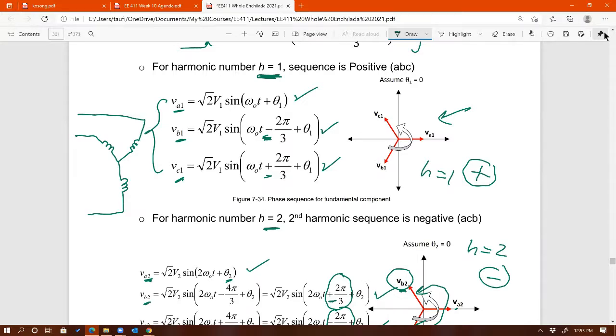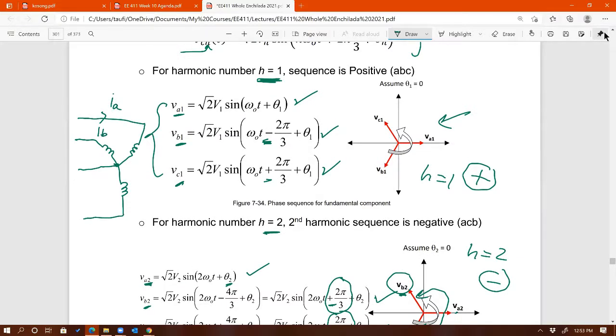The third harmonics, which we call triplen harmonics, are dangerous. Here's IA, here's IB, here's IC, and this is supposed to be neutral, IN. Now, if IA, IB, IC are balanced and follow positive sequence,